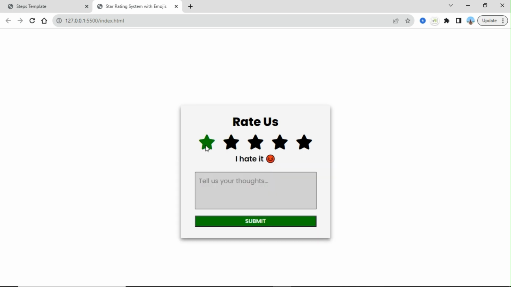For instance, one star, we get a comment here. We get a text over here: I hate it. Second, third, fourth. The fifth one, we get I loved it. And within this project, we can also give comments. For instance, you can say, "Hey, your services were fine,"